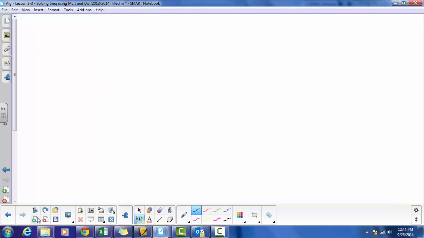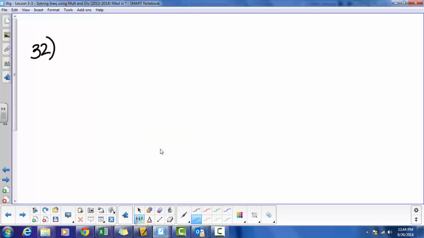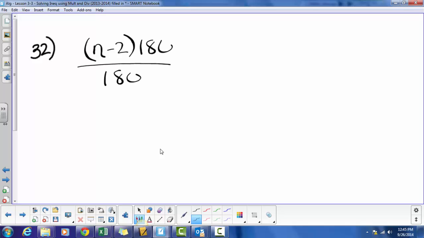All right, number 32. You're trying to solve for the side measure, n. So you're told that the angle is 180. So n minus 2 times 180 over 180 equals